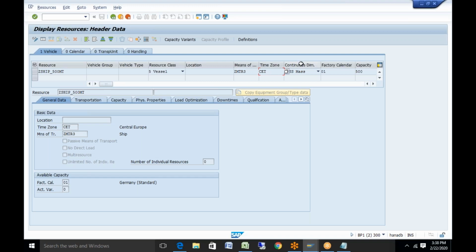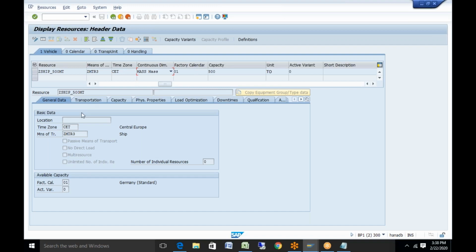It's very important to know the capacity information, because without knowing the capacity, you will not know which truck to use for which purpose. You can specify any type of dimension, such as mass, volume, length. If this is used, then you have to specify, for example, 500 ton as the maximum capacity. The time zone is for the operating zone of the location, and the factory calendar is how many days in a week it works.